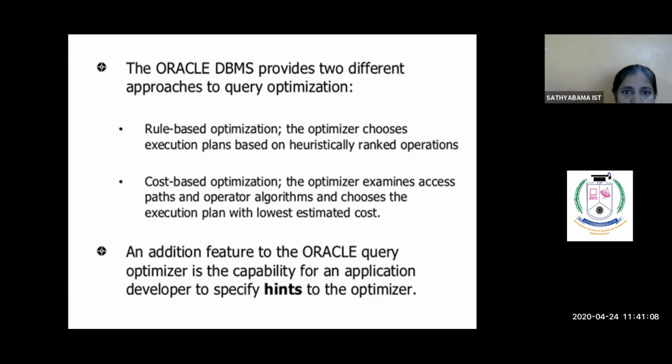Now, the Oracle DBMS provides two approaches: rule-based optimization and cost-based optimization. The optimizer engine, that particular module, can select an execution plan based on the heuristics we have listed. You can replace Cartesian and select operations by a join operation, you can move all the project operations down the tree, and you can move the select operation down the tree. These are all heuristics, so you can optimize based on rules. One way of optimizing is rule-based. The other is cost-based, where the optimizer examines which particular query tree will give you the lesser